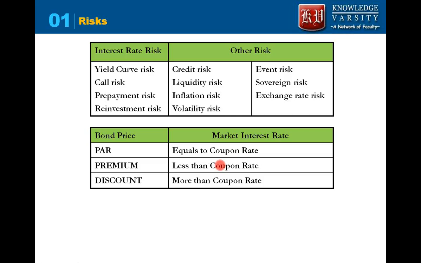People may get an 11% bond by borrowing at 10%. That will not be happening. So the bond will start trading at a premium to its face value. So effectively, the bond will yield the market rate of 10% when the coupon is 11%, and the bond will trade at a premium.